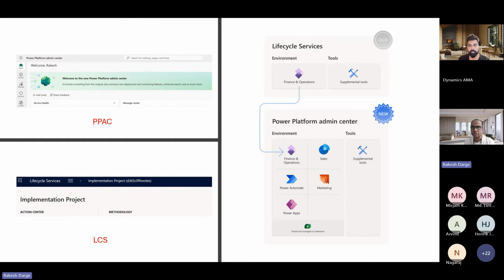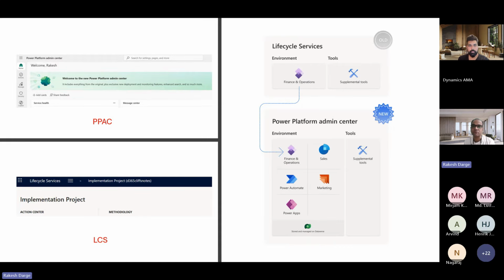Later on, after a year or so, it was mandatory for everyone deploying any VM, whether it's CHE, that is a cloud hosted environment, or the sandbox environment, that the Dataverse gets deployed automatically by default, right?